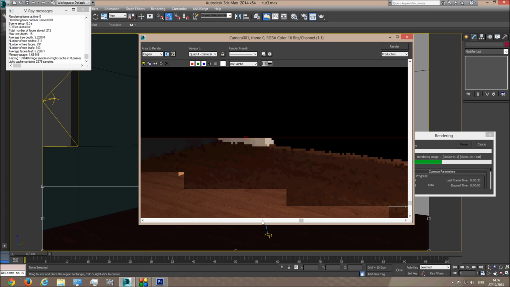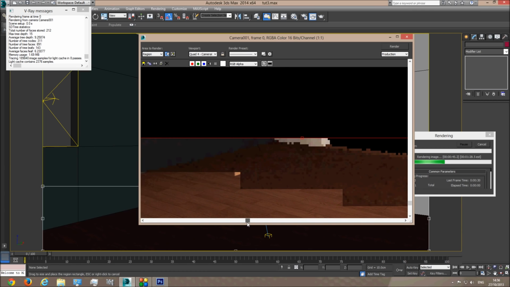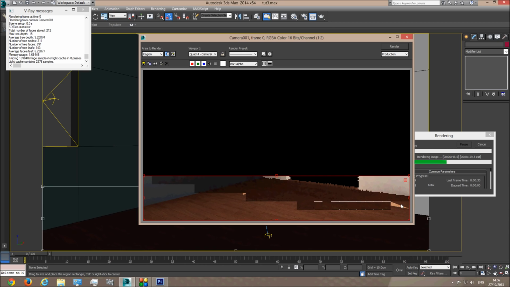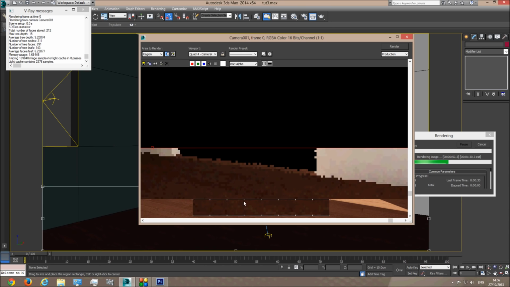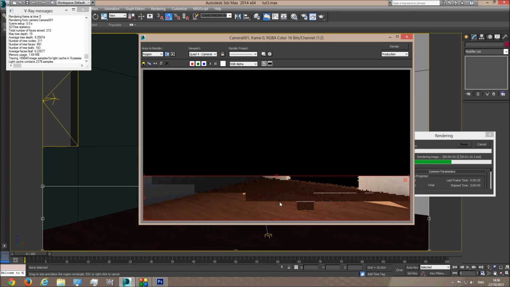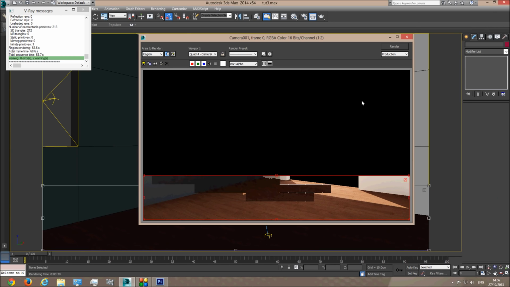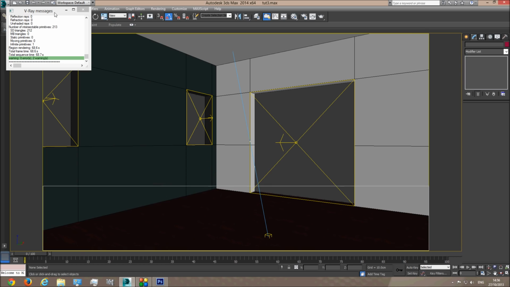Alright, so now after we created a bump map for this, we're going to add reflection to the floor, because this floor has no reflection as of yet. You can't see this, but when you start putting furniture on it and you won't see the reflection from the furniture on the floor, it will be less realistic this way. So cancel the render and